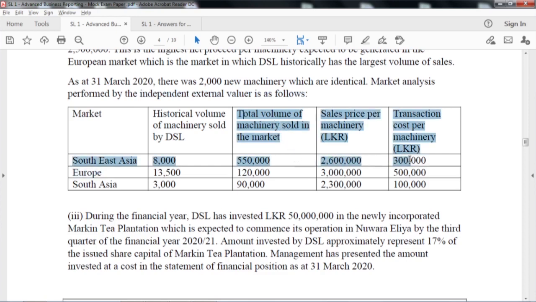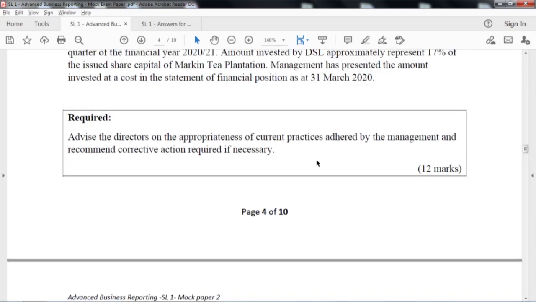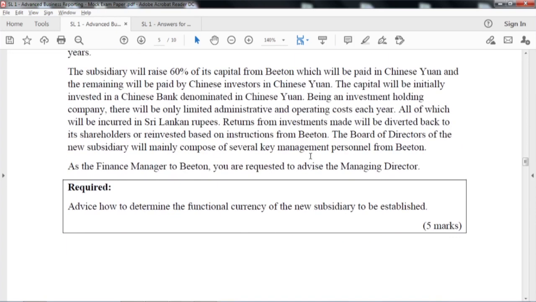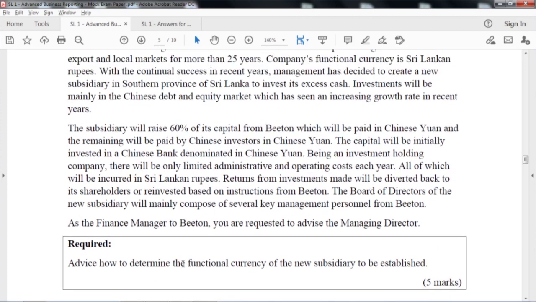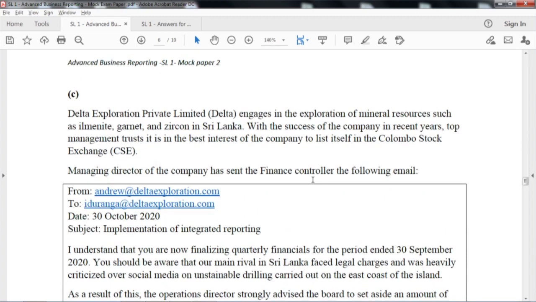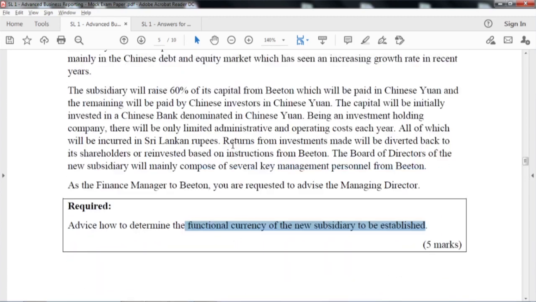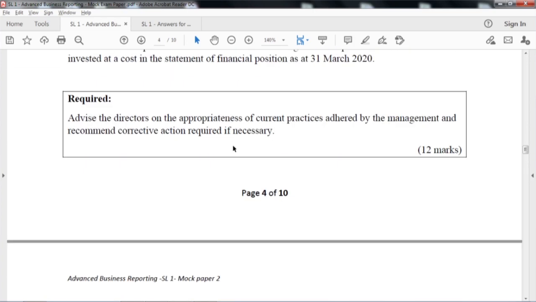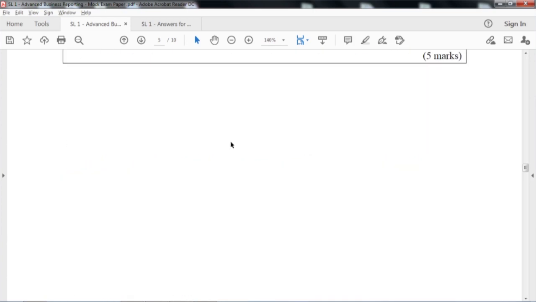So, then what market you need to take when you decide the fair value, but again those are accounting standard questions, I skip them, and this is to decide the functional currency. So, if you know the principle of functional currency, you can address it. I skip that, and I come to this question in the next 25 marks question.